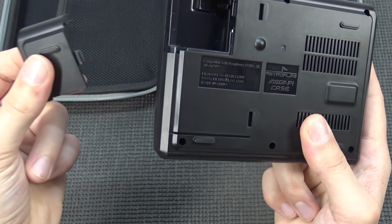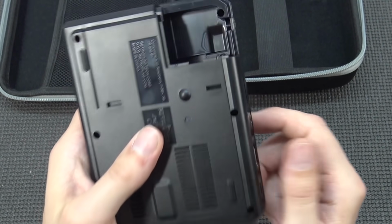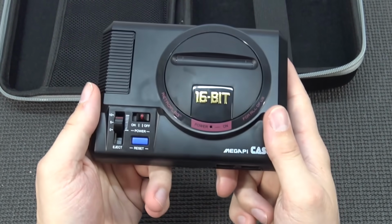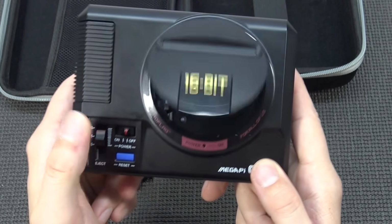What I do like about these cases, if you don't know, is that they're super high quality. Like very thick, non-chemical plastic. At the bottom we're going to get two USB ports. I don't know if you can see them. Those are all really cool features. Of course, the on and off switch and the reset like always. But also we have